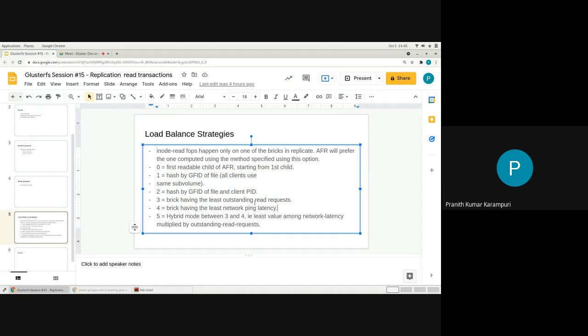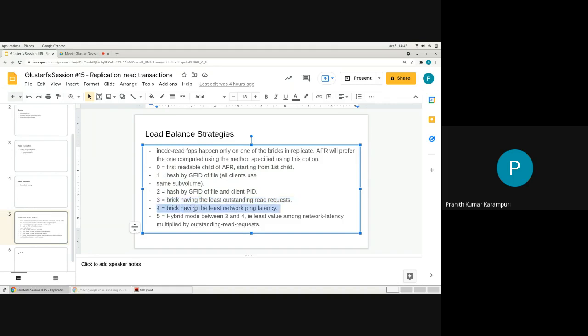If you have sent the first request to the first subvolume, then the second request you will send to either the second or the third subvolume. It also caters to the latency of the bricks. If one brick, because of load or whatever, is serving requests a bit slowly, then automatically the load will shift to the other two bricks that are present.